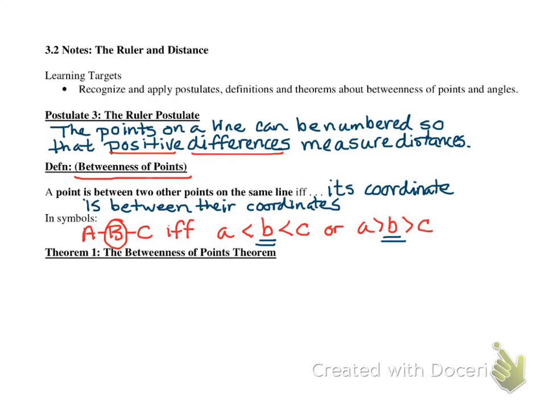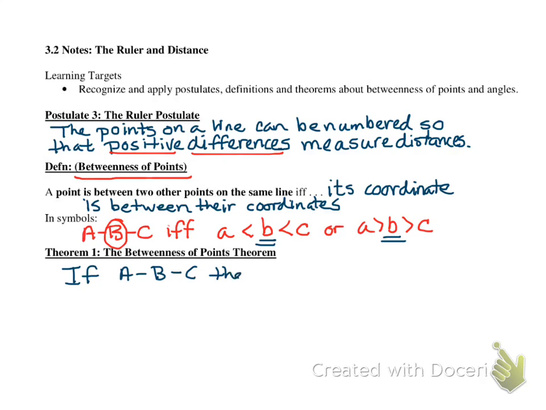The last thing in section 3.2 is a theorem. So we had a postulate, which had to do with measuring distances between points. The definition, which had to do with when a point is between two others. And then the theorem for the betweenness of points is this: if we know that B is between A and C,